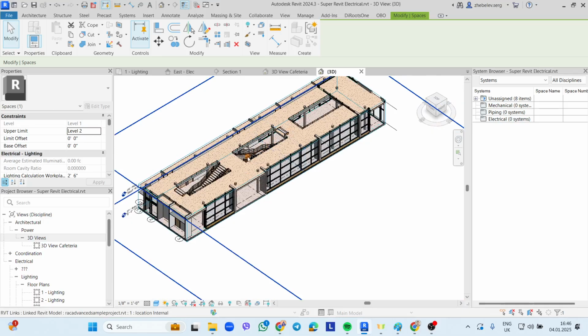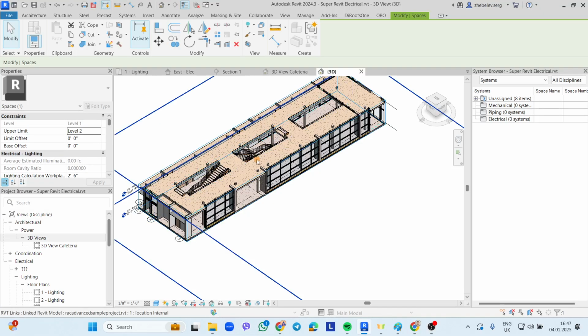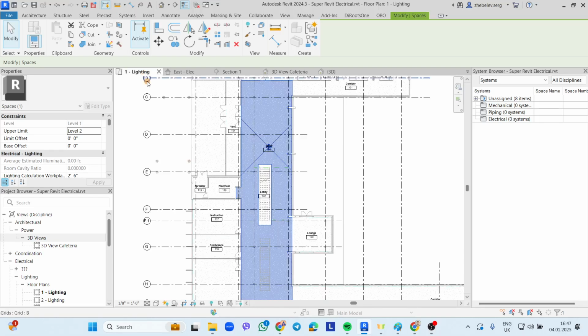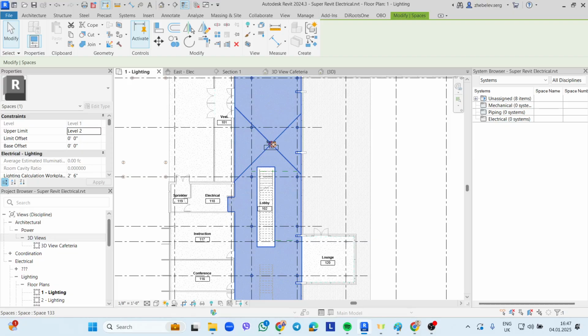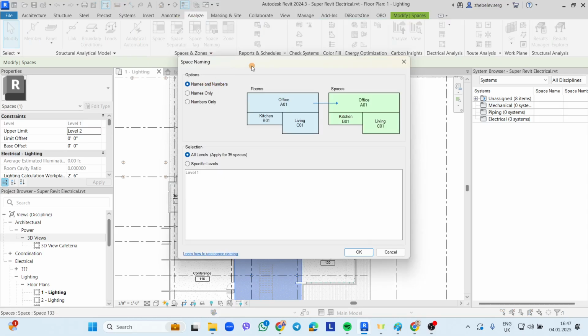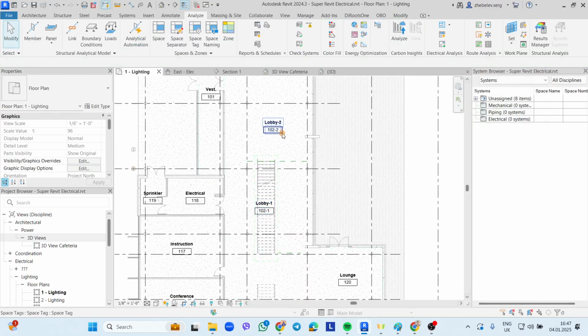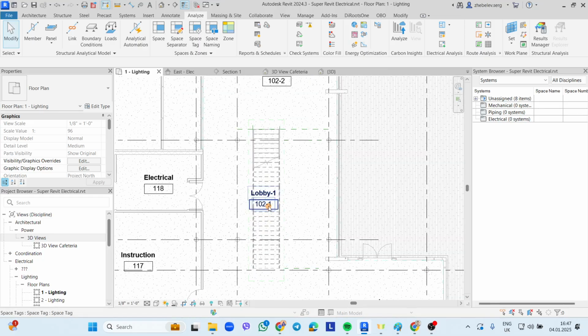And where we have stairs, we don't have a ceiling. And maybe it will be another lighting solution with another height for lighting fixtures. And that is why I created space number 1 and space number 2. You can rename them using Analyze, Space Naming, and Names and Numbers. Because it is the same room in the architectural file, you will get the same names with the numbers, like lobby 1, lobby 2, and you can